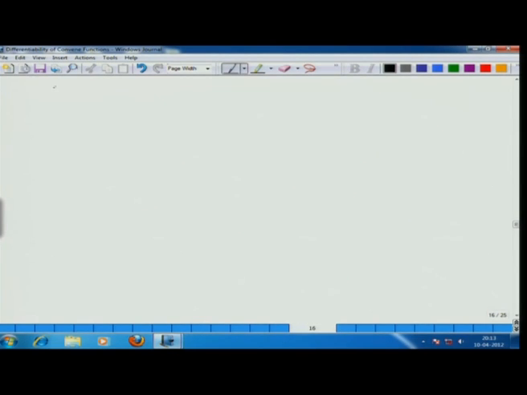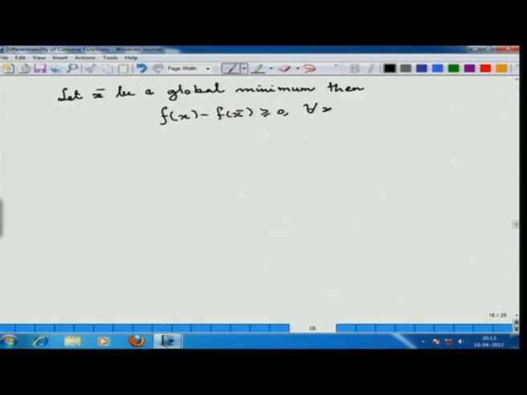Okay. Now, let x bar be a global minimum. You know, in convex optimization there is nothing like a local minimum. Let x bar be a global minimum, then f(x) minus f(x bar) is greater than or equal to 0 for all x. This simply implies